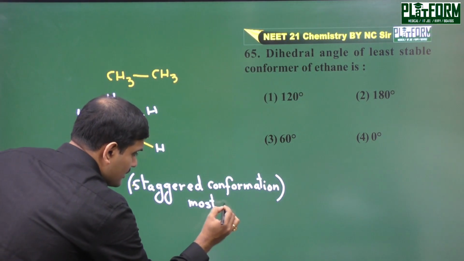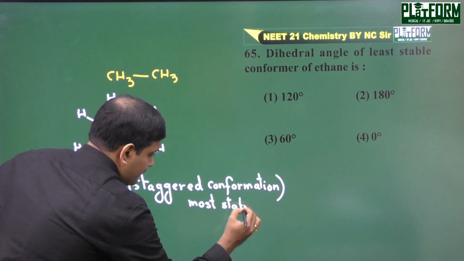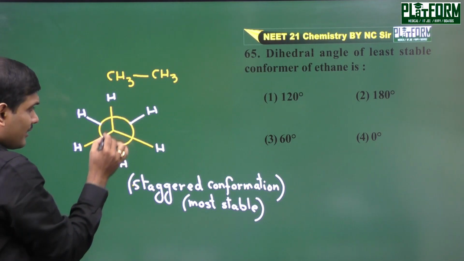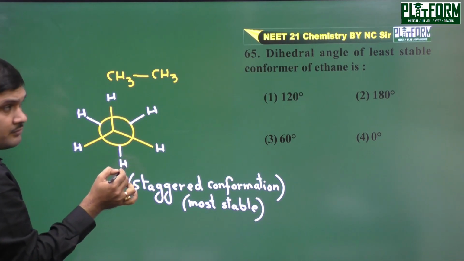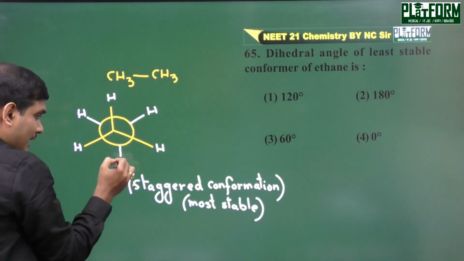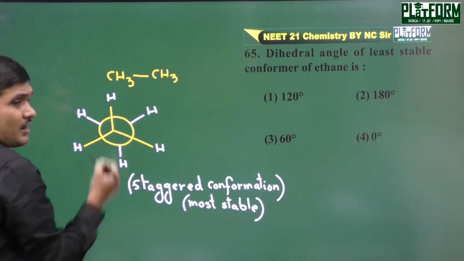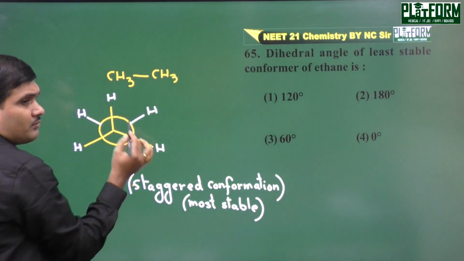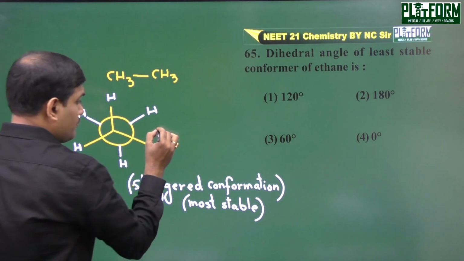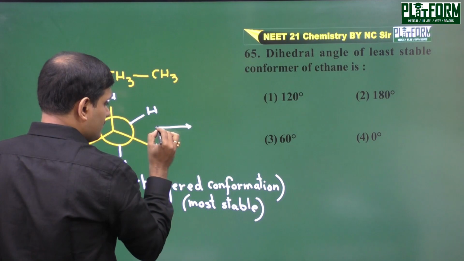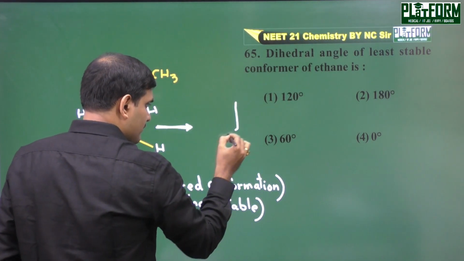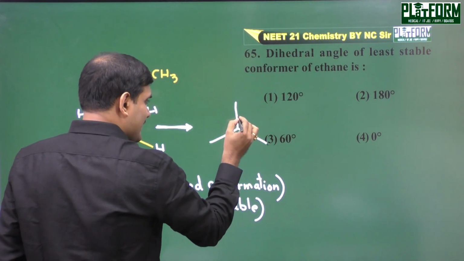Here the angle between the opposite groups is 180, or you may say it will be 60 degrees. But when we rotate the back carbon, keeping the front carbon fixed, we can attain a situation